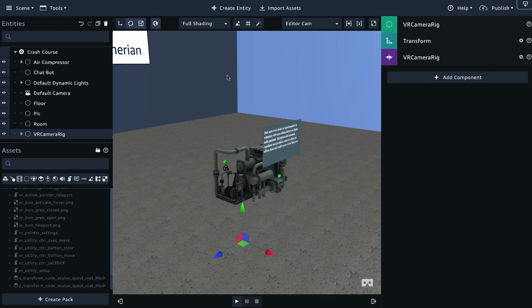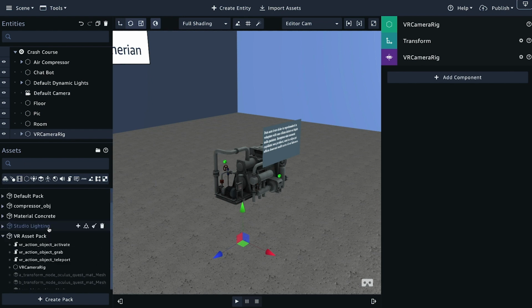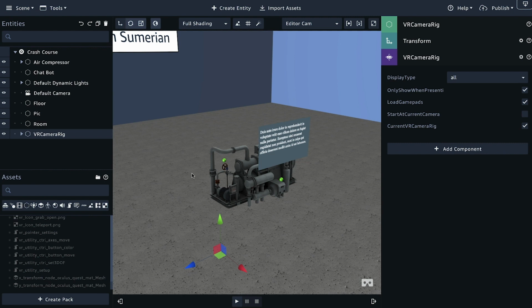But there are some other things you want to do if you want to be able to click on the air compressor, if you want to be able to hover on the hotspots, the annotated hotspots. There's a few more things. We could play this scene and jump into VR right now, but you also wouldn't be able to move or teleport around. So there's a few things we need to do. Okay, so we've added the ability to be in VR, but we don't have the ability to teleport or move